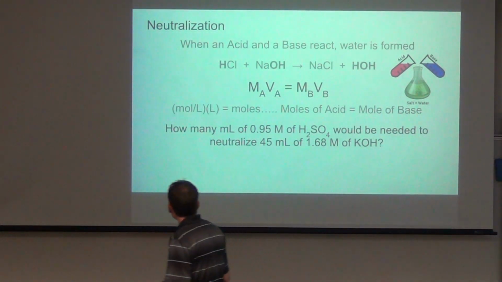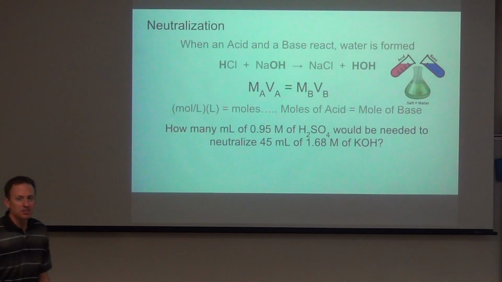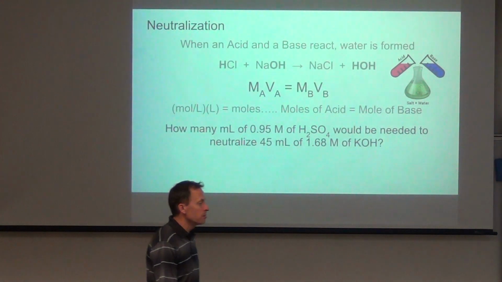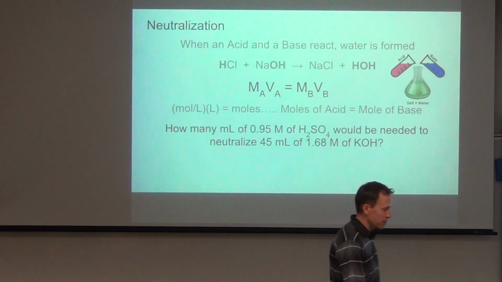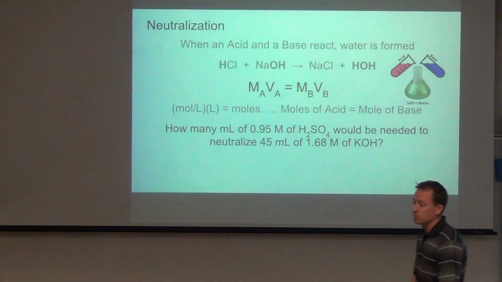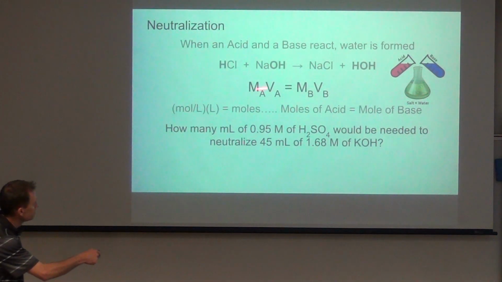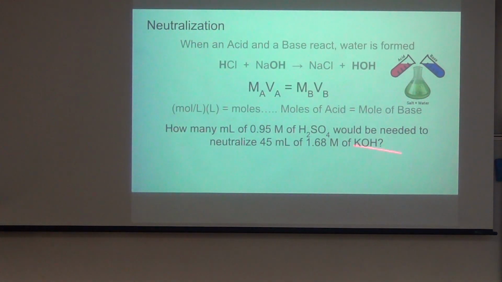It says how many milliliters of a 0.95 molar solution of sulfuric acid would be needed to neutralize 45 mils of a 1.68 molar solution of potassium hydroxide. All you have to do, like before, is you link them. Right? You link the volume of the base with the molarity of the base. You link the volume of the acid with the molarity of the acid. And it's that simple. So which one don't I know here? Which one don't I know? Milliliters of. So my